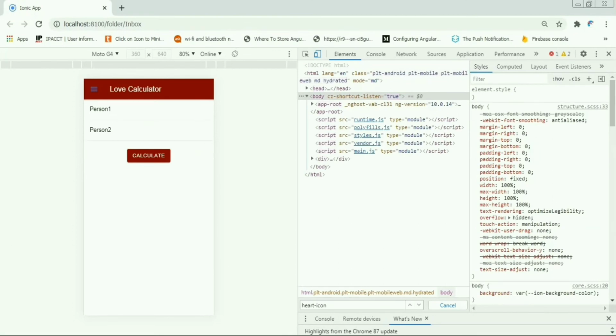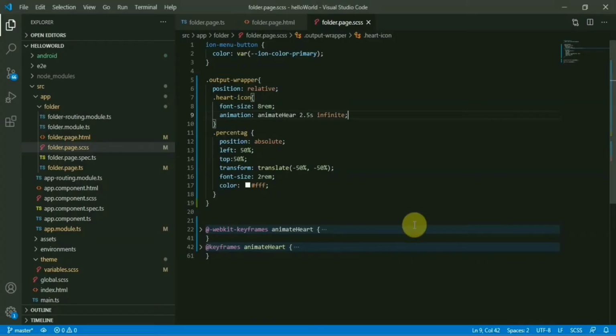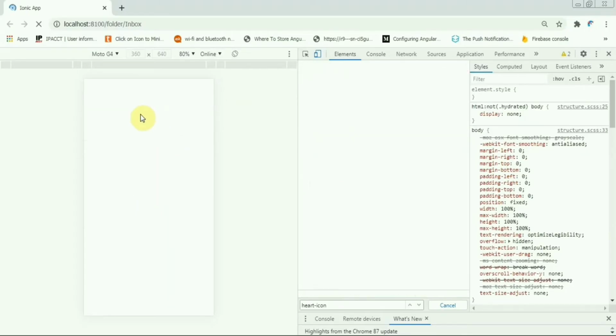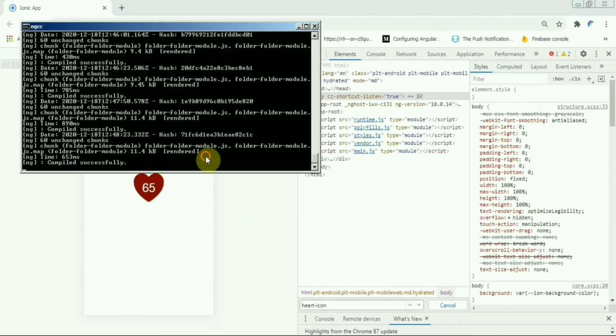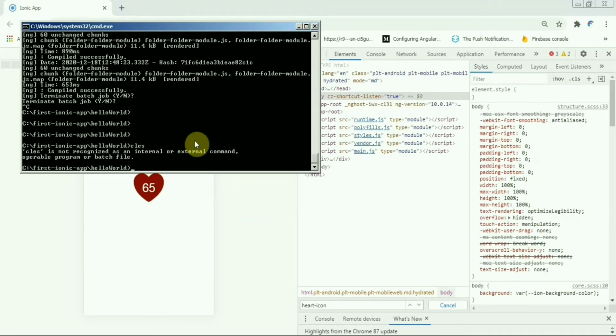Let's have a look. I made some mistake there. Okay. Okay, this is much better now, and we are almost done with the development,